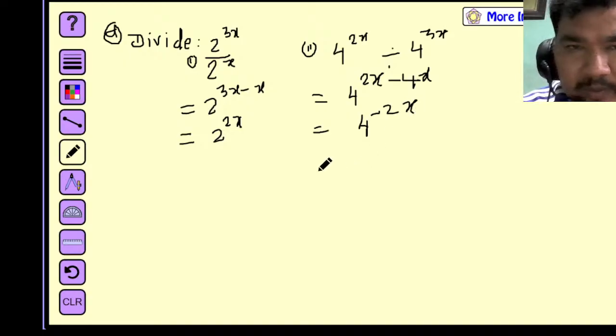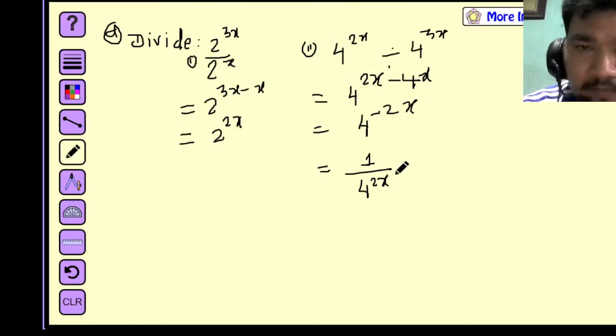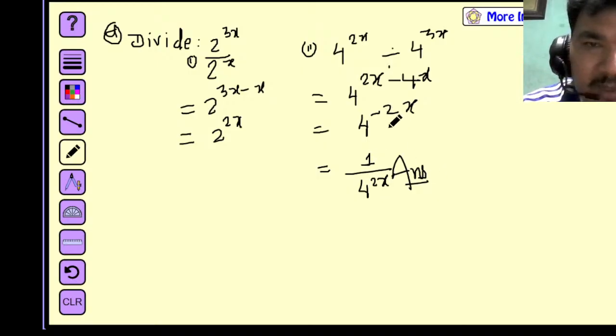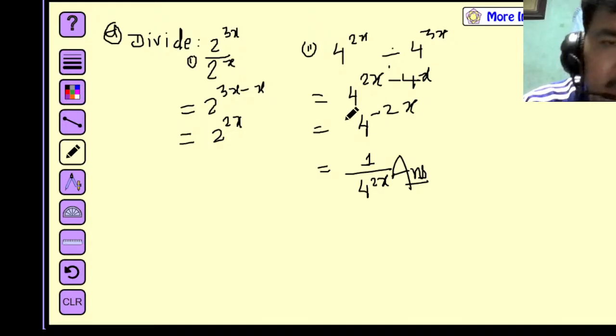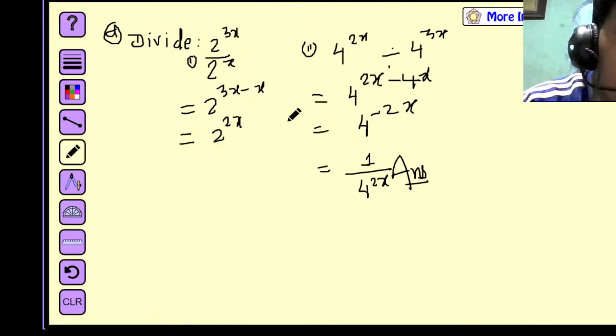And as I told in previous laws of indices, if the power is negative, we have to take it down and write it positive, okay? And up numerator remains there 1. 1 by it will be 4 to the power 2x, this is the answer, okay? Right? Like this convert into positive. Negative power, then take the power down, okay? Then it will be positive here, right? Now look children,